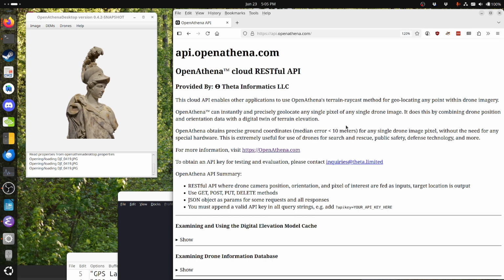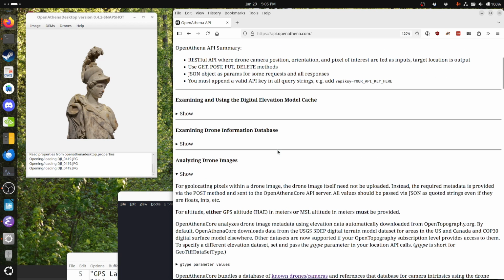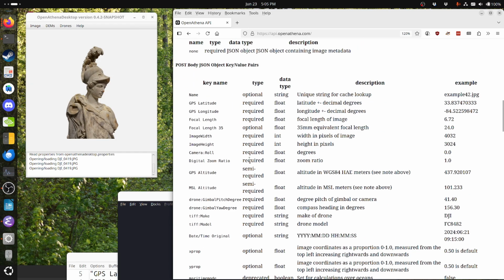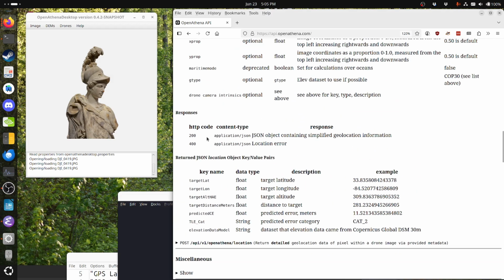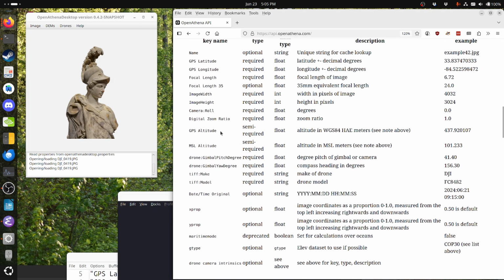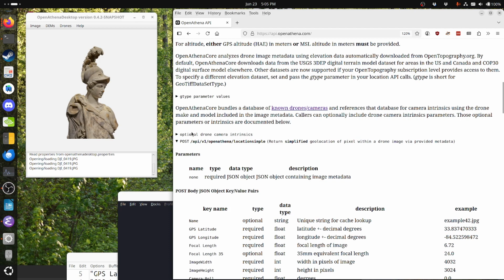So basically, what we've designed here with the API version of OpenAthena is a simple online API that allows other developers to integrate this capability into their own drones and their own hardware and software applications. For this API, we don't need entire drone images to be able to geolocate. All we need is just the location and orientation of the drone camera and the spot in the drone image